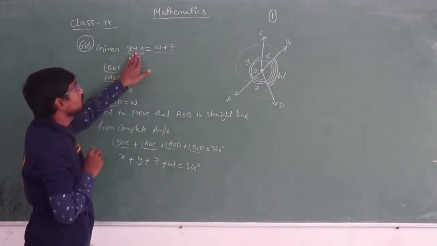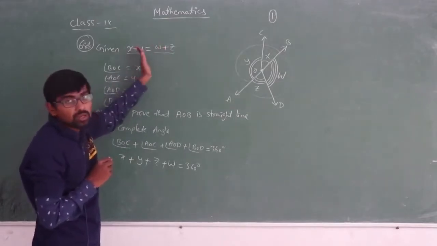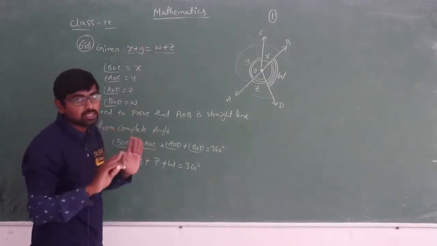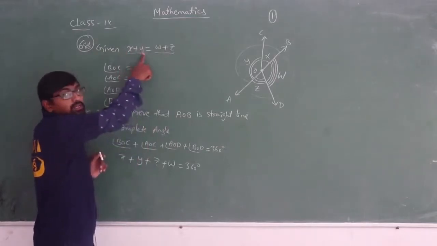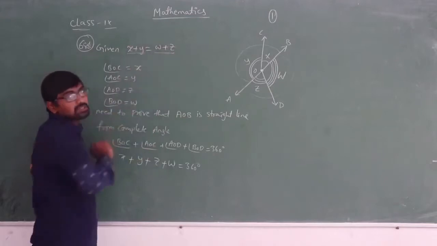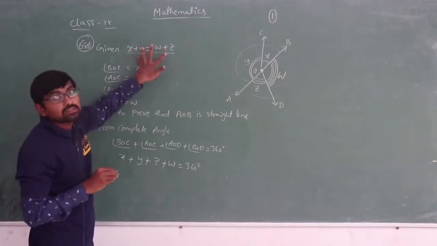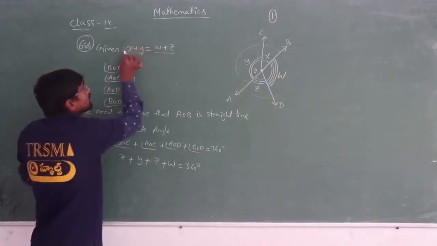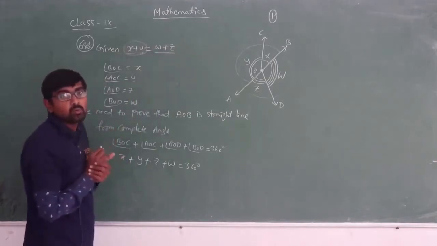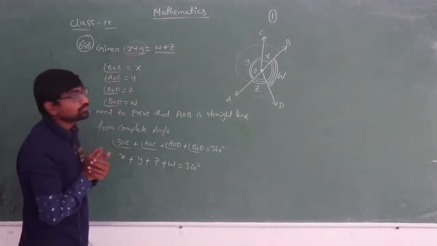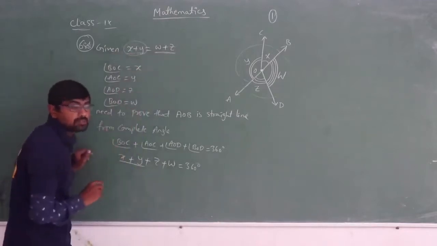It means that the x plus y value and the w plus z value, both these values are the same, that is equal, isn't it? The sum of the x and y angles is equal to the sum of w and z. So both these values are the same. So can I write w plus z in the place of x plus y? Why? Because he has given it in the question, isn't it? In the place of x plus y here I am writing w plus z.